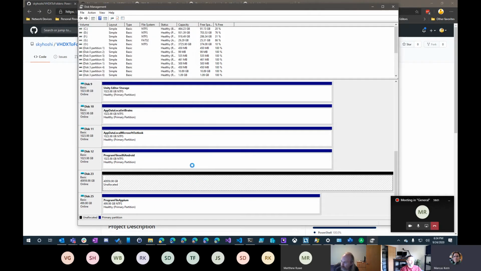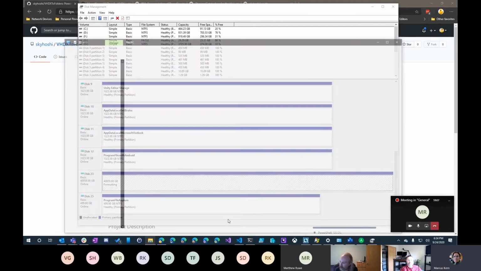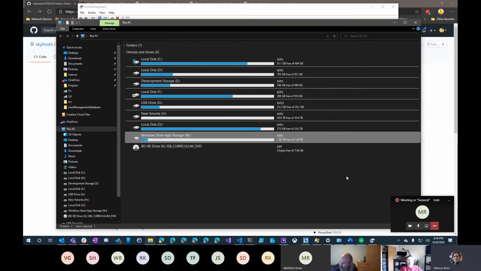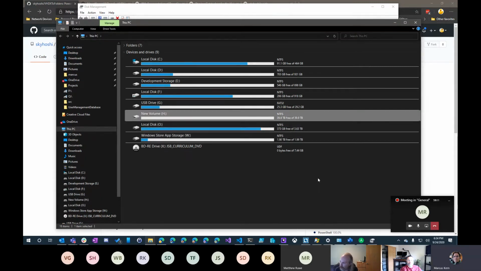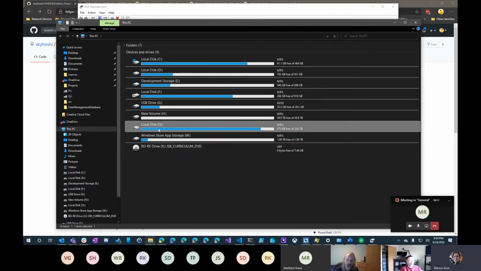I'm just going to click through this really quick. It's going to quick format it, and there, all of a sudden, I have a drive called H that is 40 terabytes worth. Now, granted, that's limited by where it's being stored, and currently it's being stored on O, which has only got